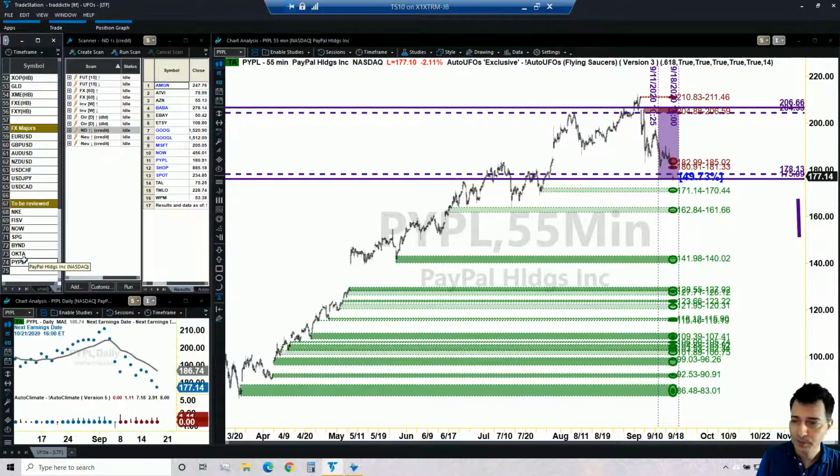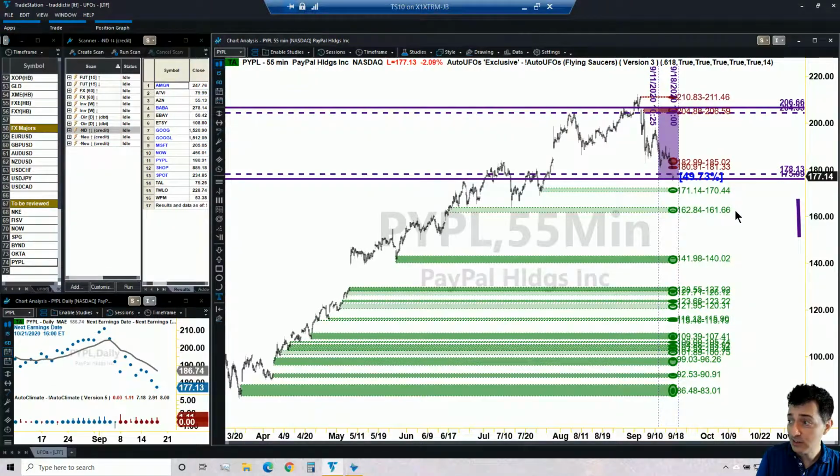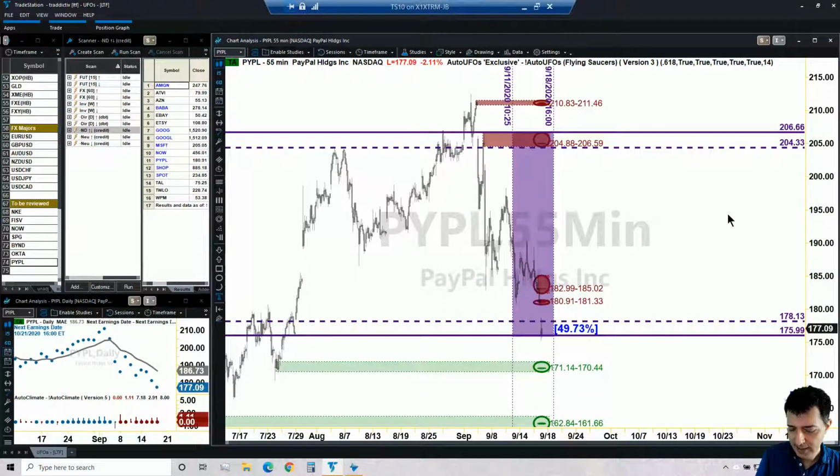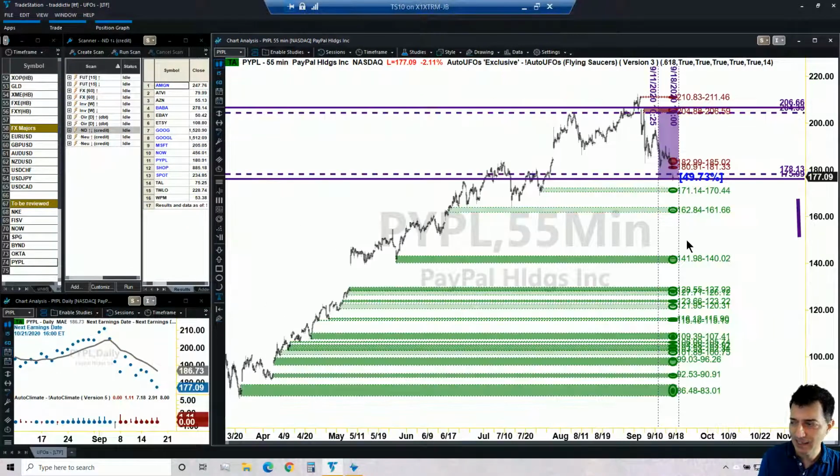We'll see tomorrow. And PayPal, which is a very similar trade to Okta, that one is showing a bit more weakness, and unfortunately the UFO that we had at this price point has not been strong enough to really turn the price. The good news is that there is another UFO below. So if the market was to collapse, that UFO is probably going to bring it back up. And if that's the case, then we will still end up in a profitable situation. So that one is, I would say, a bit less than 50-50. It looks a bit more challenging. But again, we will see tomorrow.